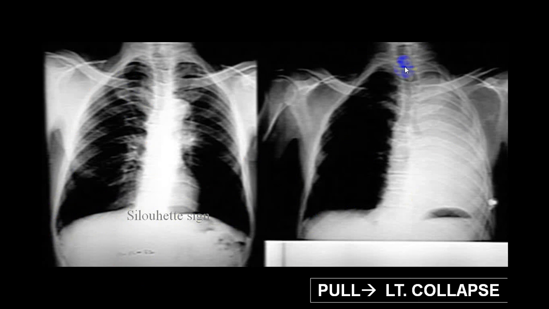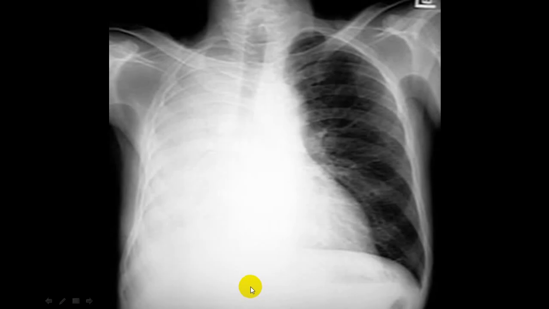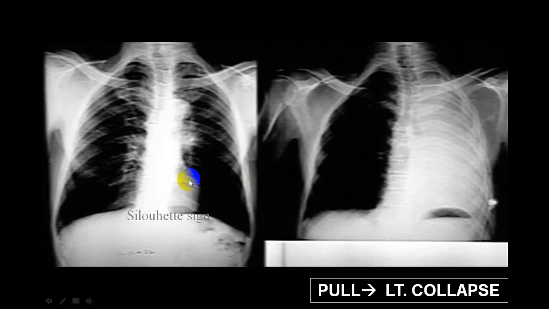And here the trachea is pulled to the side, and there is a radiolucency on the opposite side. This is compensatory emphysema. These are the two which show emphysematous changes. The dome of the diaphragm is pushed down, and here it is pulled. So this particular lung is now not aerated, so the other undergoes compensatory emphysema. This is not pneumothorax. This is not pneumothorax.